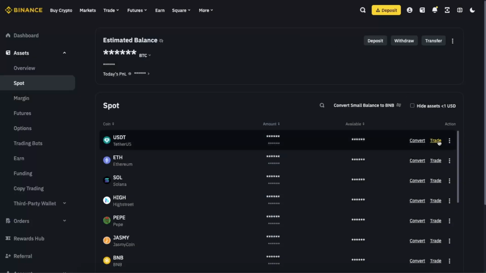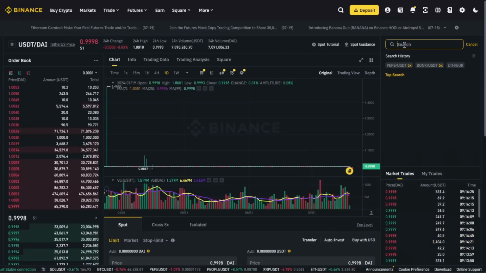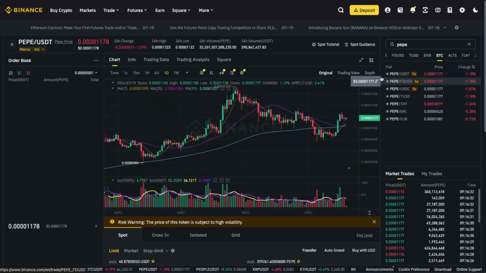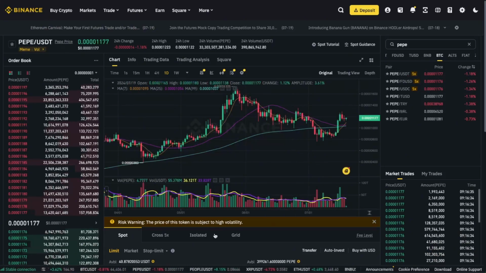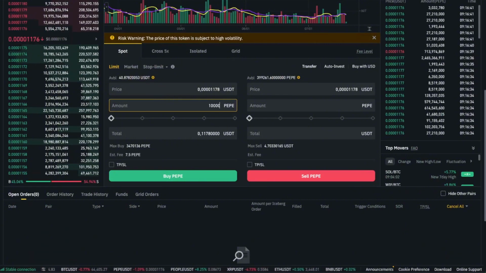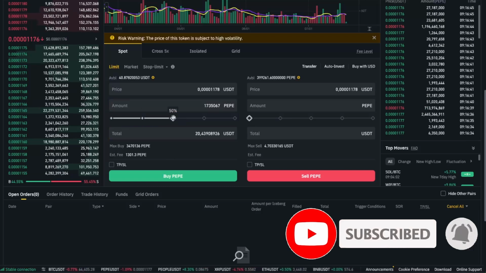Also, once you click trade, you will be on this page where you can search PEPE. Click on PEPE USDT. You will see the price. Now you're gonna just scroll down, enter the amount which you want to get of PEPE, just like so. Or you can just click on these ones